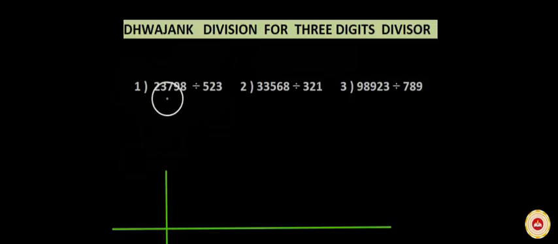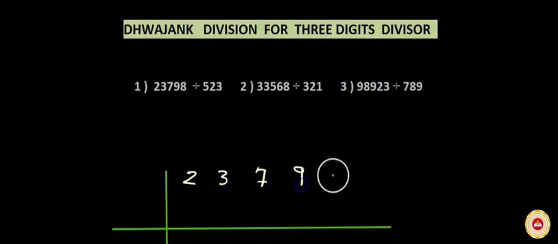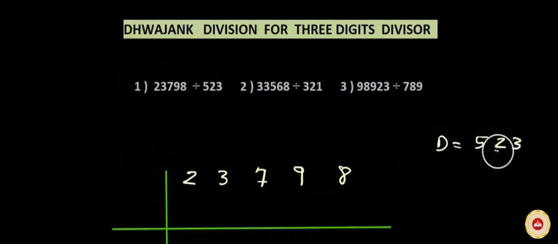23798, that means 23,798. 23798. What is divisor? Divisor is 523. So friends, let us make these 2 digits, 2 and 3, units place digit 3 and tens place digit 2, a flag. So this is flag, and let us form actual divisor, hundreds place digit 5, and this 5